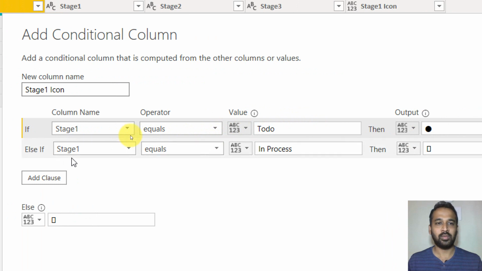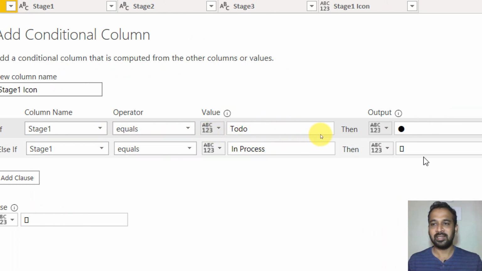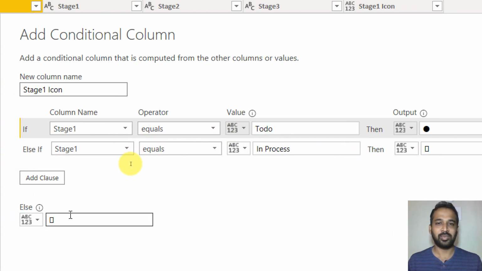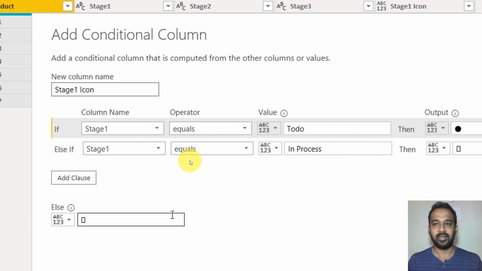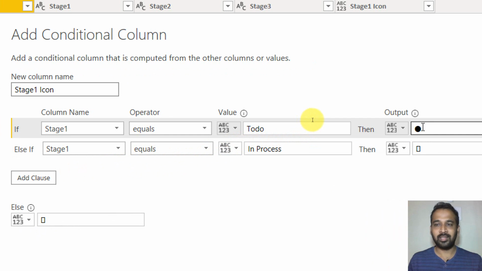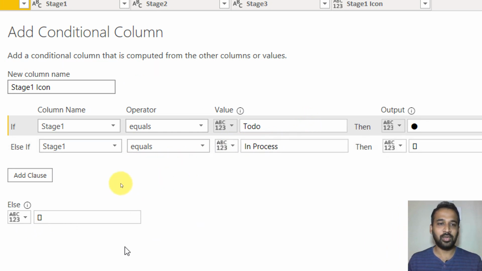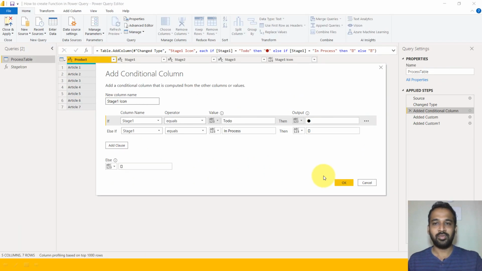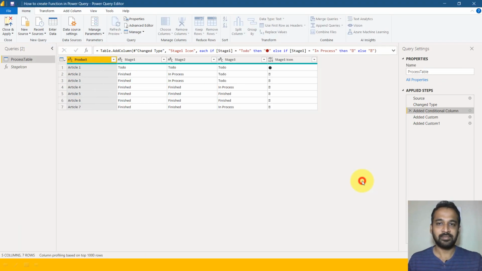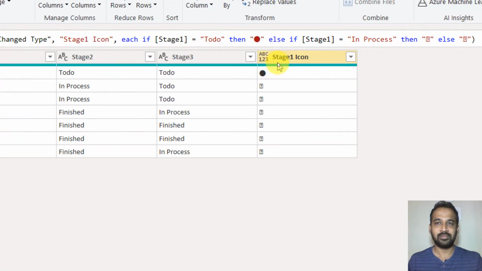If stage 1 is equal to in process, then this, or else it has to be this, like to do, process, and finished, right? Now you might wonder how can this be red, yellow, or green, right? Okay, stay tuned for that. So let me zoom in a bit and cancel this. After adding this, I got this column, and this is the result set of it. These are all question marks, right?